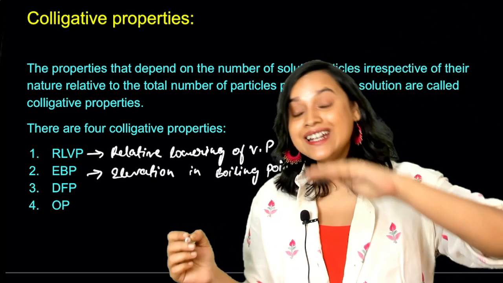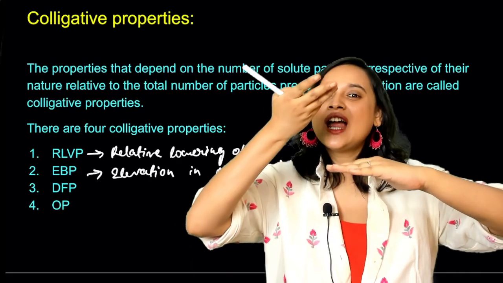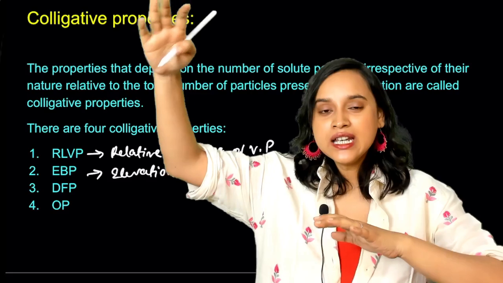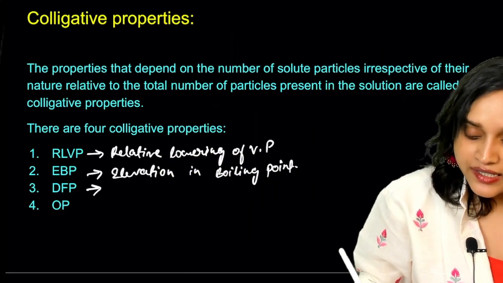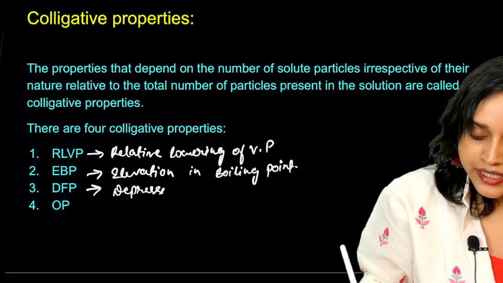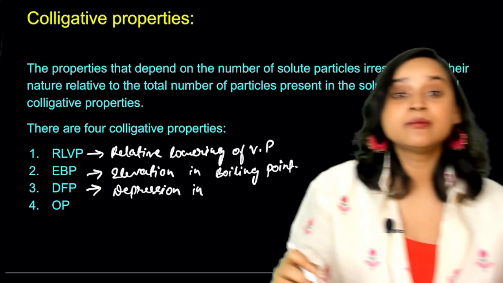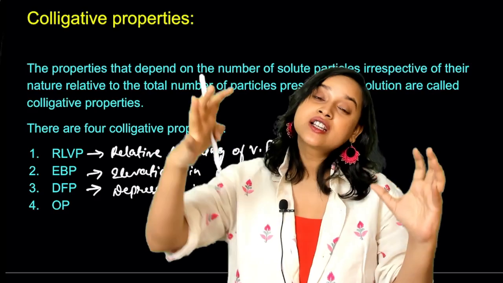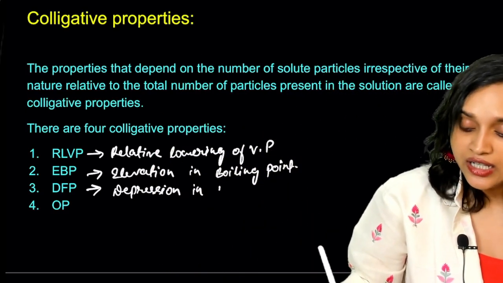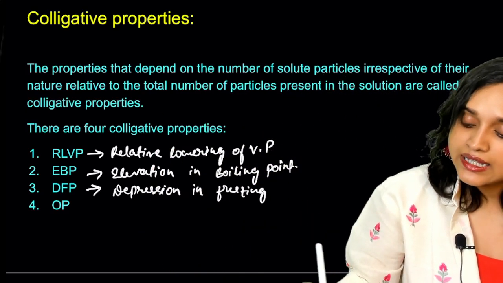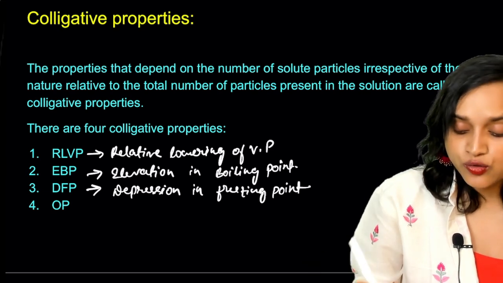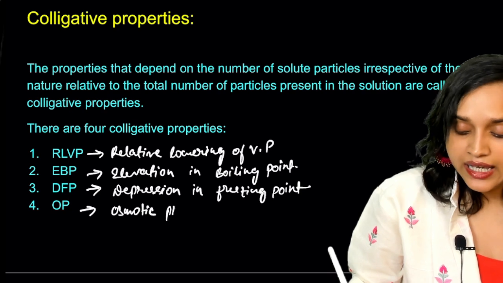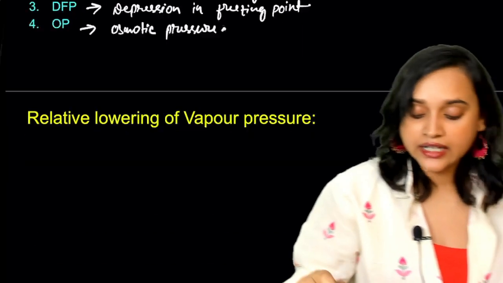Obviously, when you have added some solid, the solid is not allowing the solvent molecules to evaporate, so there will be an elevation in boiling point. This is called depression in freezing point. Again, take a look at it, because you have the solid particles there. They are also not allowing the liquid particles to come in contact with each other. So, there is a depression in freezing point. Is that true? And the last one is your osmotic pressure. Yes, this is also something that we will be studying. Now let's quickly do it.